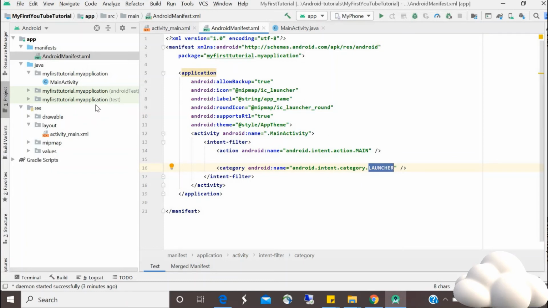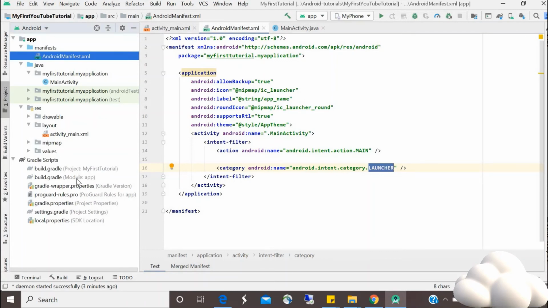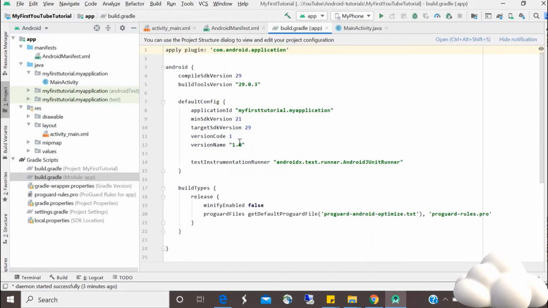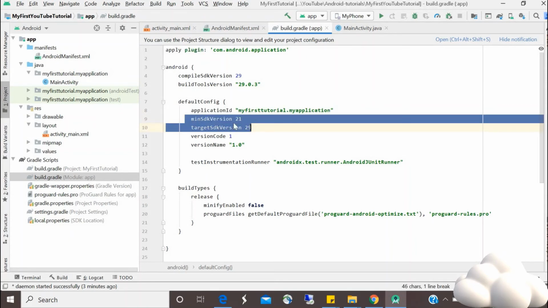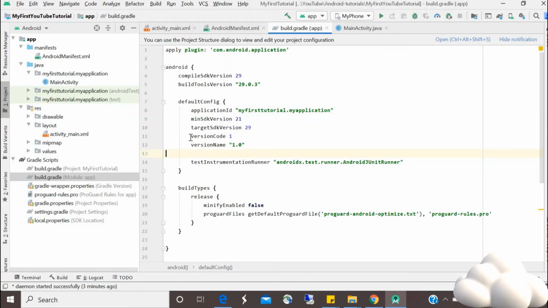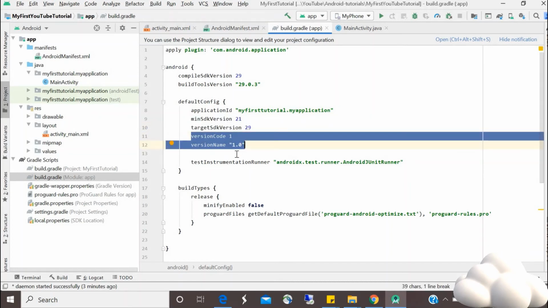So now moving on to our Gradle file, can you see project and module? The information it will hold is, first, our application package name, and the minimum SDK and target SDK version. Minimum SDK is nothing but our Lollipop version, and this is our first version, right?